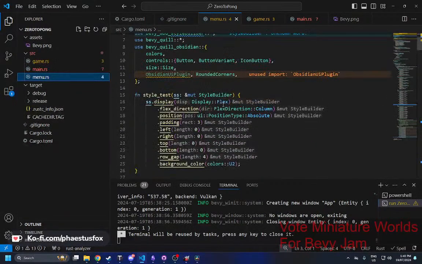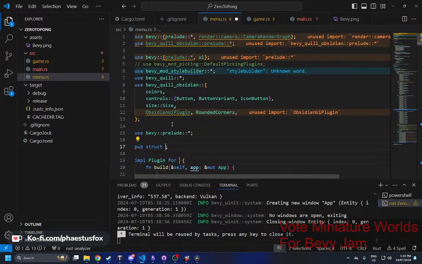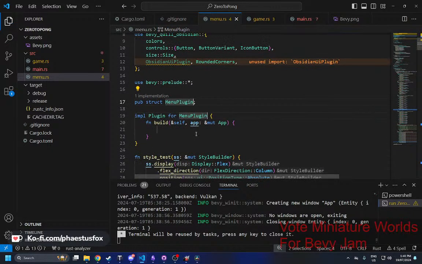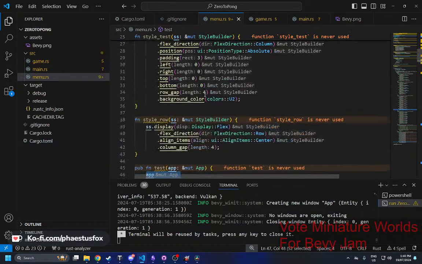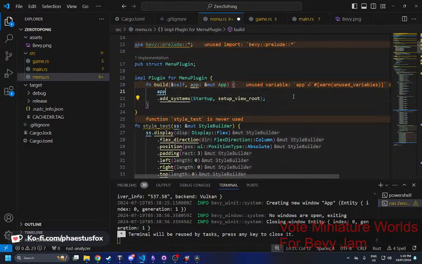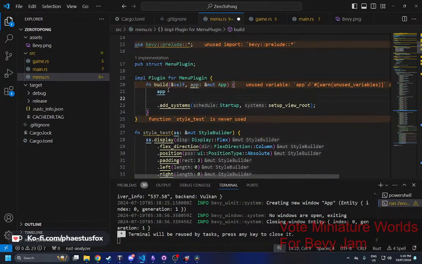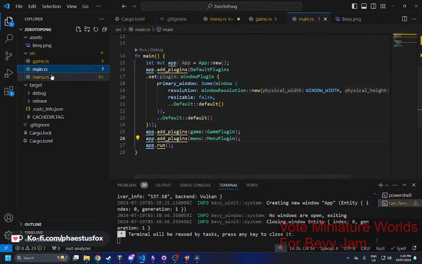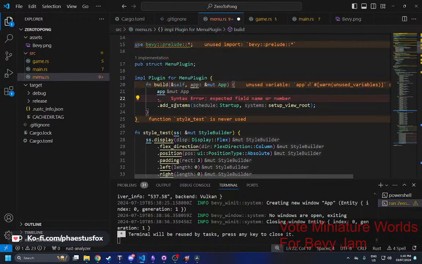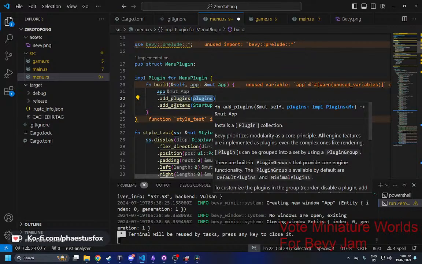Anyway, we have to get this menu going, so we're going to go plugin. This is going to be menu plugin. And then in build here, we're going to say, do that. So we need to add that system. And then we need to also say, add the corresponding plugins as well. So copy that from main as well. So did I? Oh no, I overwrote them. God damn it. So, add plugins. We need to add the plugins, and it's the